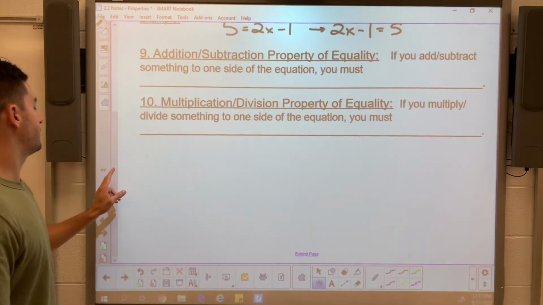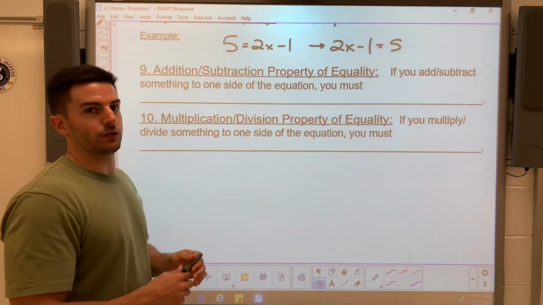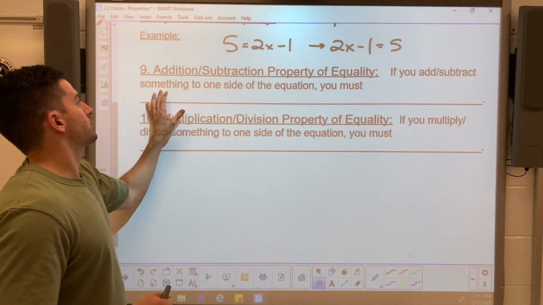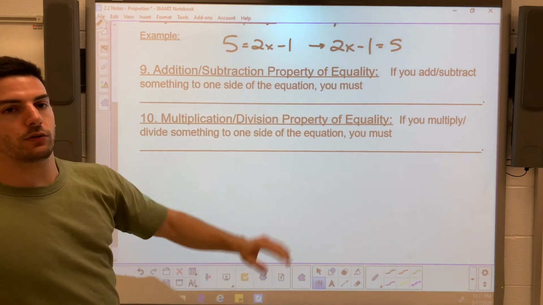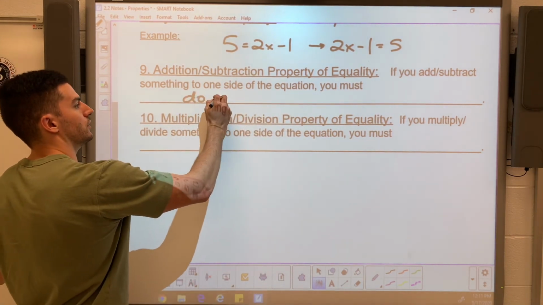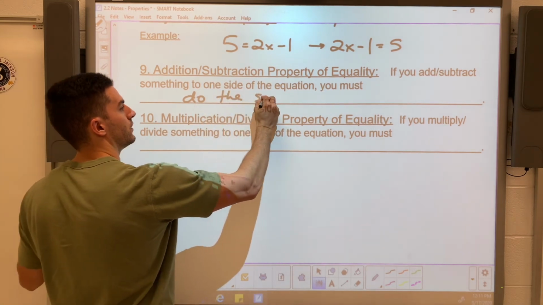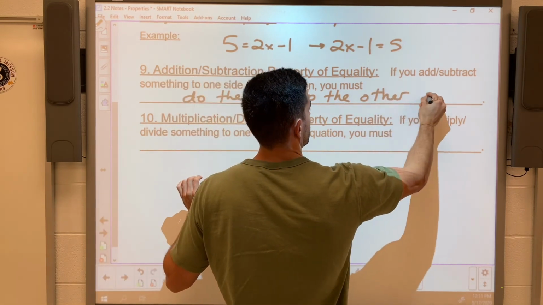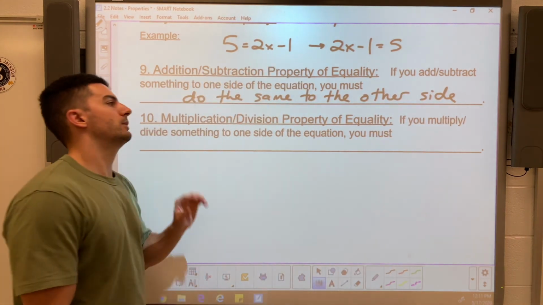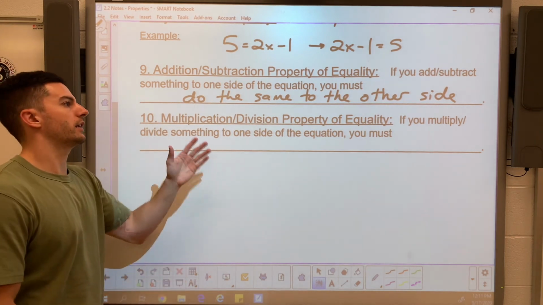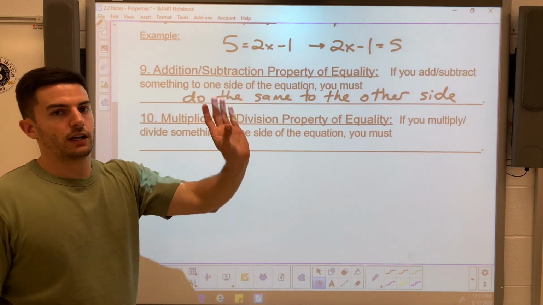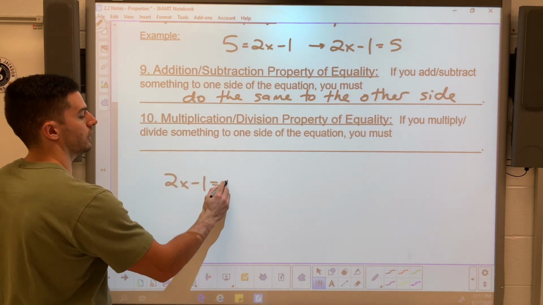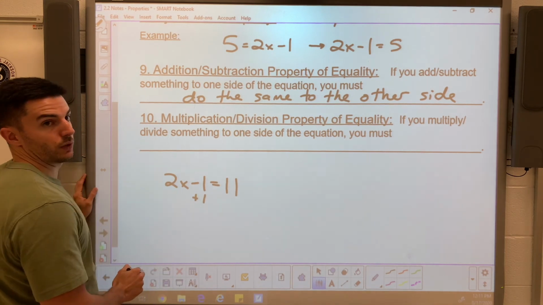And I had fill in the blank ones here. If you were in my class, I'd have you do these fill in the blank notes. But the addition and subtraction property of equality says if you subtract or add something to one side of the equation, you must do the same to the other side. That means if you add something to one side, you have to add the same thing to the other side. So if I have 2x minus 1 equals 11, and if I plus 1 to cancel this here,